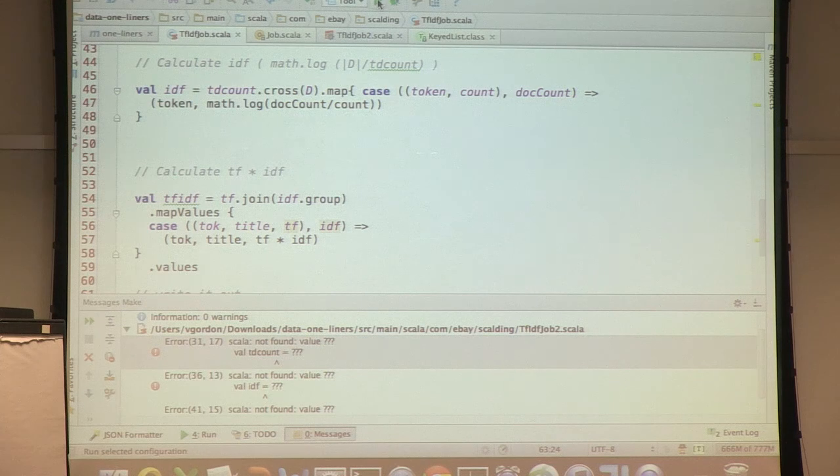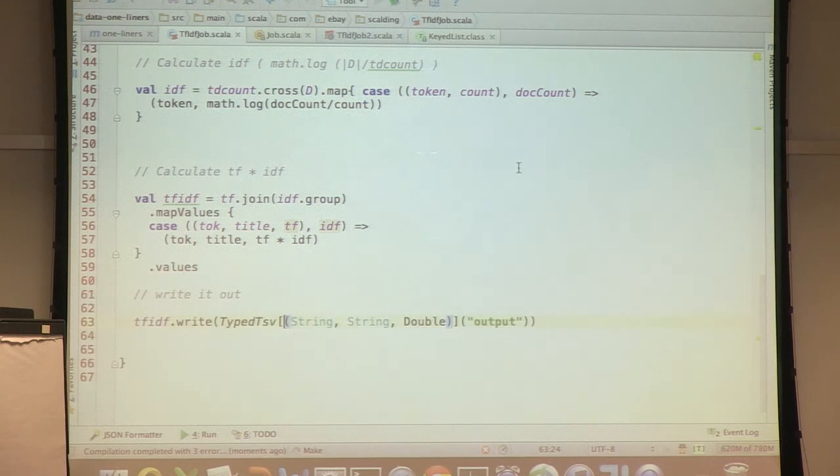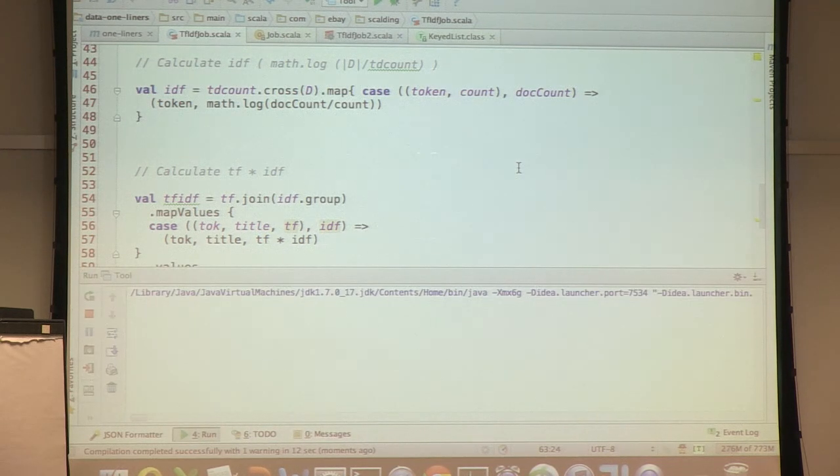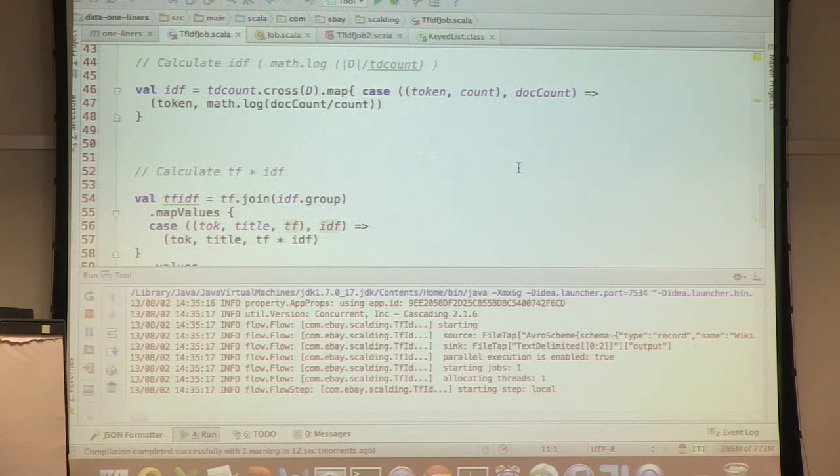Well, let's try this again. All right, here we go. It takes a little longer than averaging, but hopefully not terribly longer. So it's running.